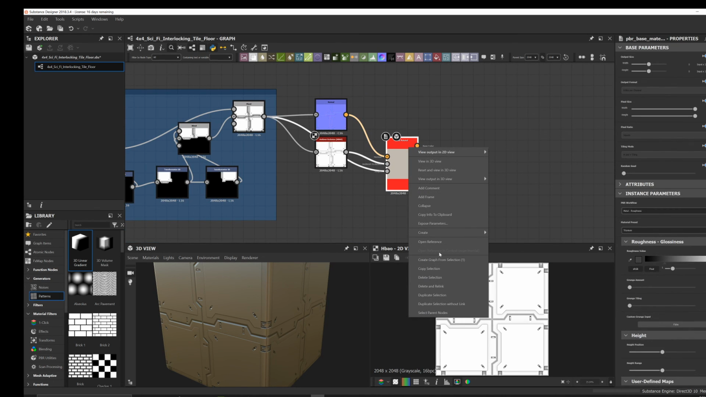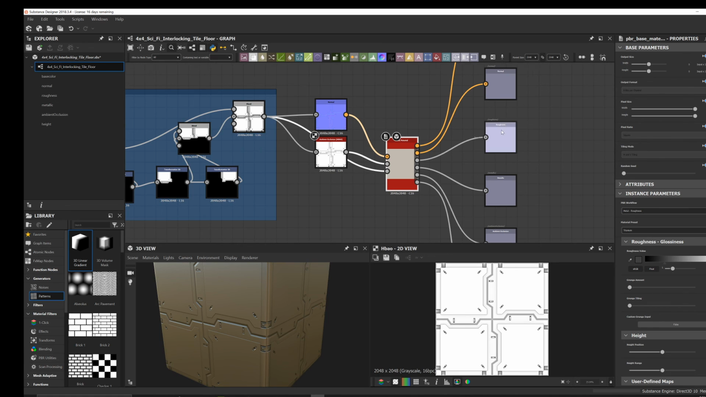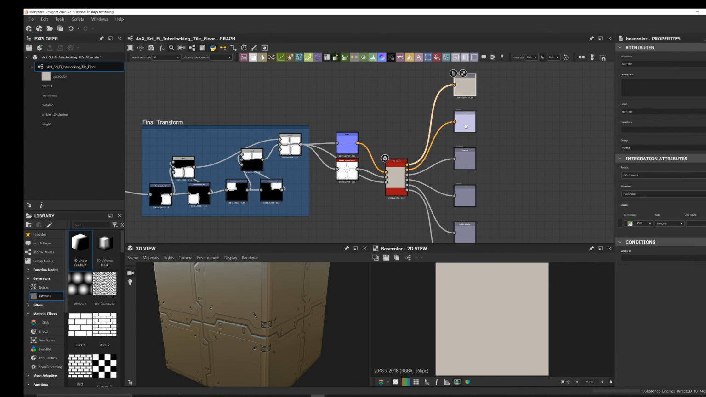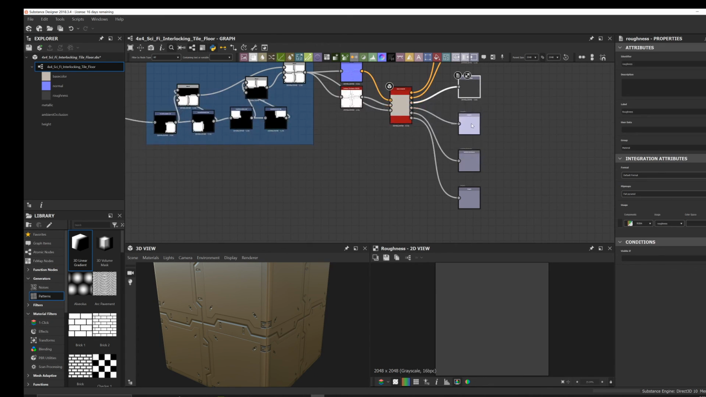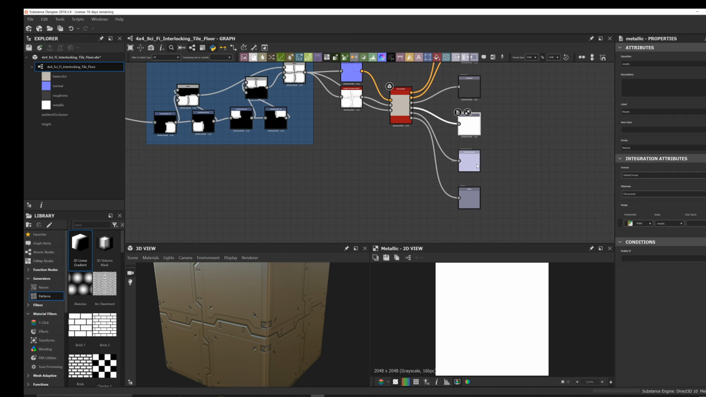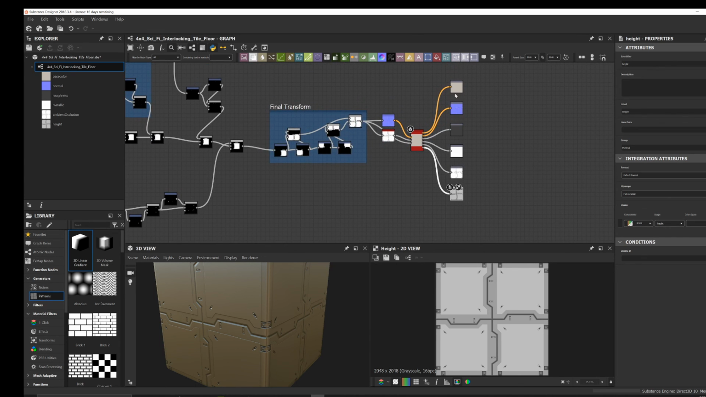So now I'm going to right click on the base material, create output nodes. We don't need the hidden connectors. So now we have our base color, which is obviously nothing because we didn't create input for that. Our normal map, roughness, metallic, and here's the ambient occlusion and the height map. So we have all three exports we need basically to run this material into Substance Painter and finish the texturing